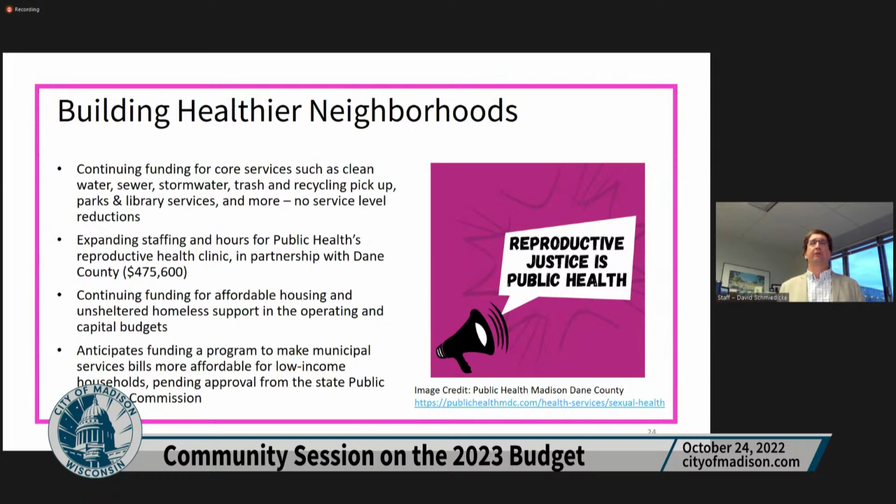As we build healthier neighborhoods, again, no reductions to city services such as stormwater and trash and recycling pickup and library services and so on. Those are continued at current levels in the proposed budget. There is a reproductive health clinic expansion, additional staffing, and more hours to help with this important effort in the face of the recent Supreme Court decision. Continuing funding for affordable housing, as I mentioned, as well as operating support for